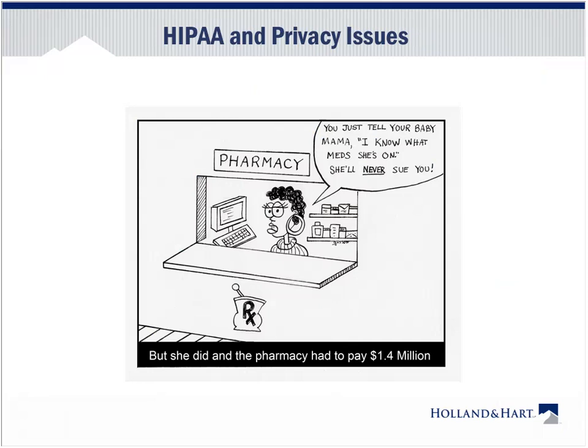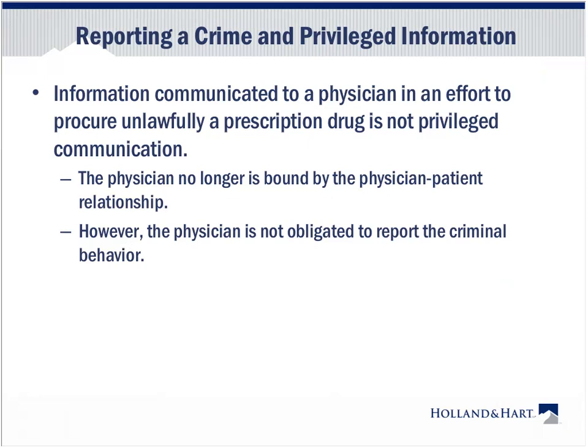We've had lots of webinars on HIPAA and privacy, but how does that intersect with reporting? Well, first of all, let's talk about the doctor-patient privilege that's out there in states. You need to be clear that information communicated to a physician in an effort to procure unlawfully a prescription drug is not a privileged communication. So you're not bound by the physician-patient relationship when somebody is trying to commit a crime. There's not an obligation to report that as far as this privilege is concerned, but you're not prohibited from disclosing